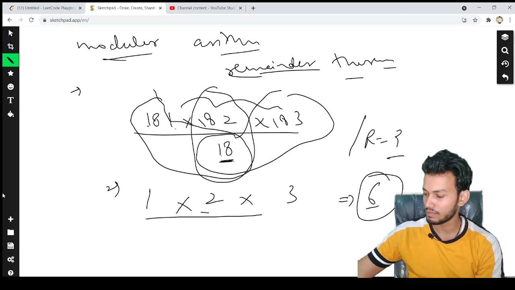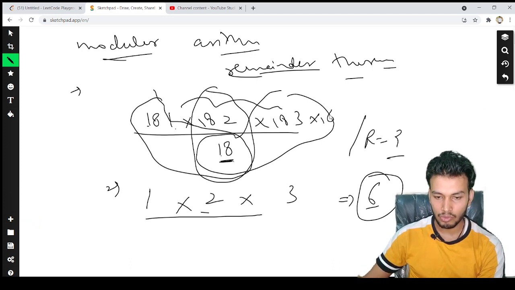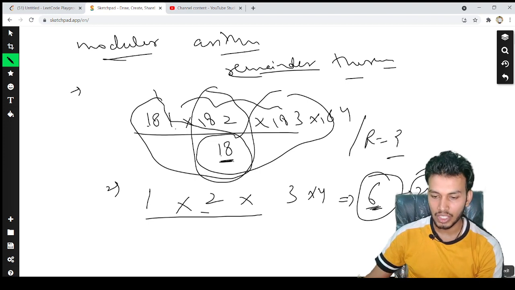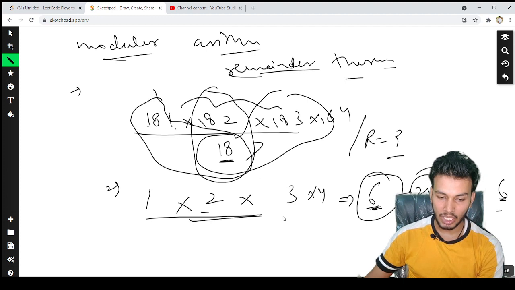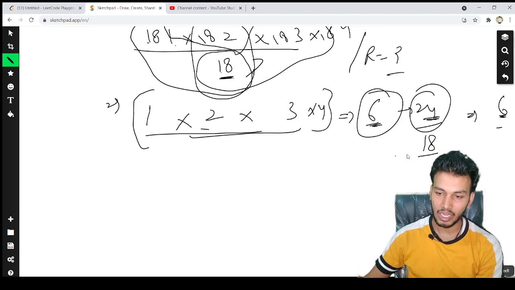It simply says that if you have numbers multiplied with each other, and let's say we have 184 as well here, so a 4 will also be multiplied, 6 times 4, it will be 24, right? Now in case of 6 it was fine because 6 is the remainder, but in case of 24, if I get a number greater than the denominator 18, then I need to divide it again by 18, and then I see the remainder is again 6. So whatever answer we got after multiplication, we need to recheck that the number is less than the denominator.